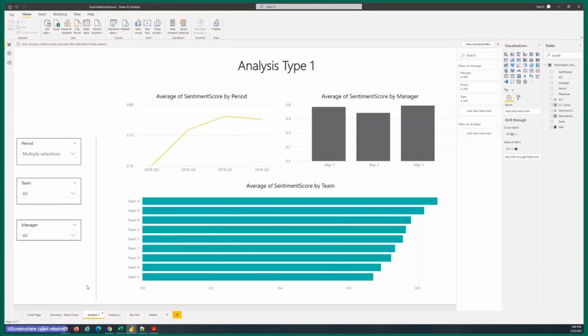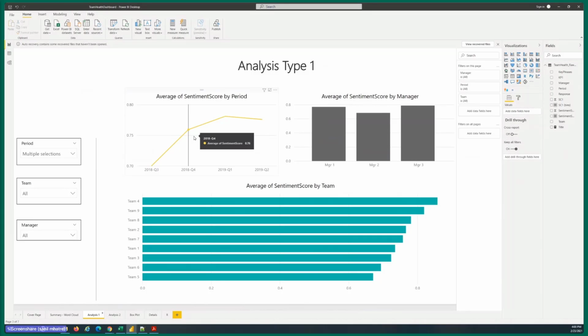All right. So let's switch over to the next page, which is going to be the start of the quantitative analysis. So we looked at the fact that from the responses, we generated sentiment scores. What do you want to do with those sentiment scores? The first thing that I looked at is trending over period. So on the top left, you see the average of sentiment score plotted over a period of time.